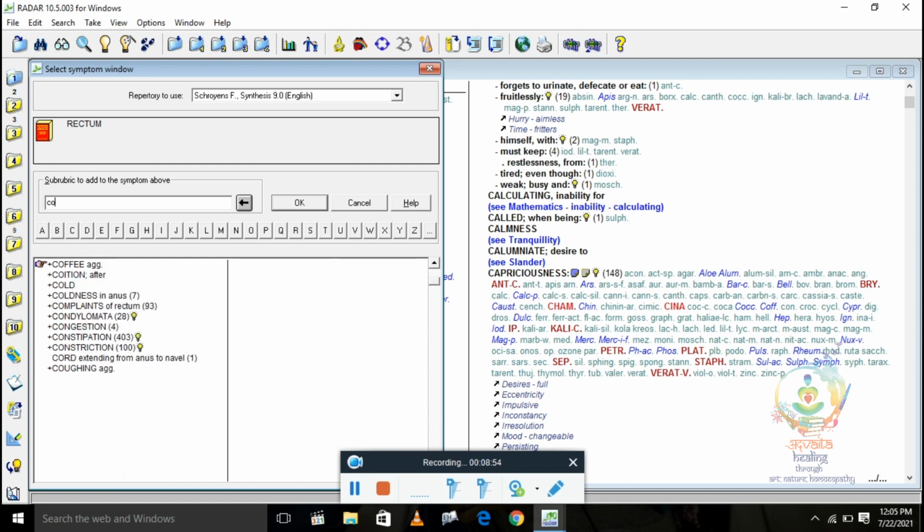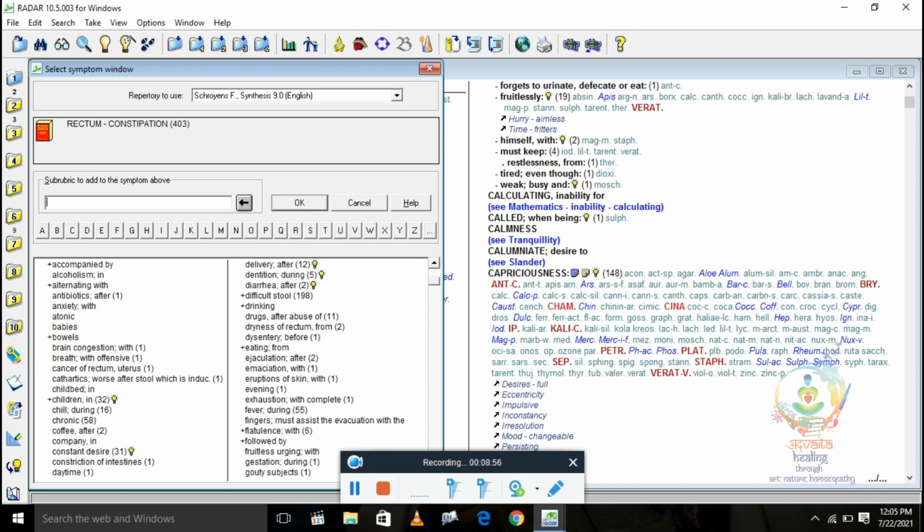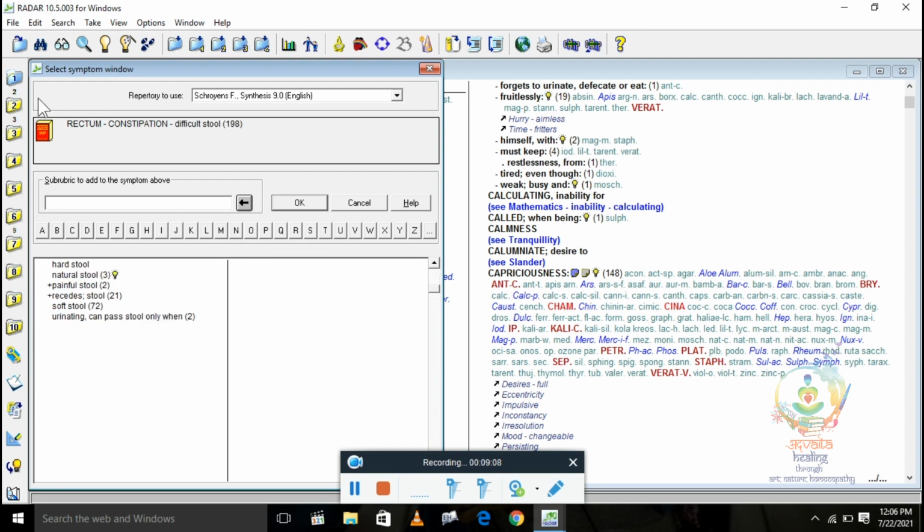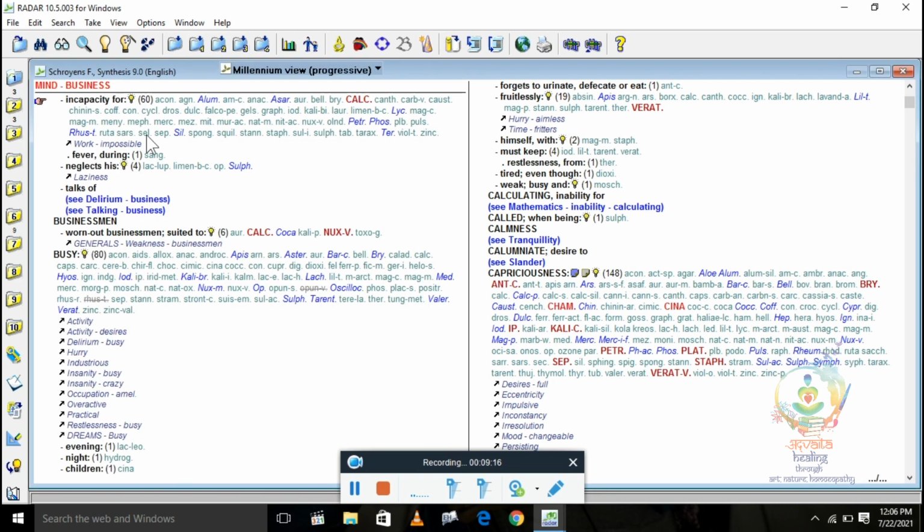I am typing constipation or straining, but no, we are taking a bigger rubric, so I can show you a much better way. See this one, difficult stool. I am clicking on it. See, so I am recording it here. Fine. So we have recorded three rubrics here.